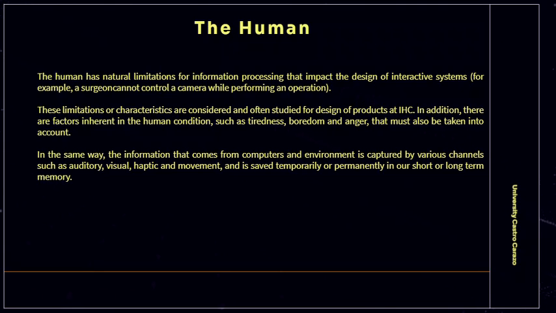These limitations or characteristics are considered and often studied for the design of HCI products. In addition, there are factors inherent in the human condition, such as tiredness, boredom, and anger, that must also be